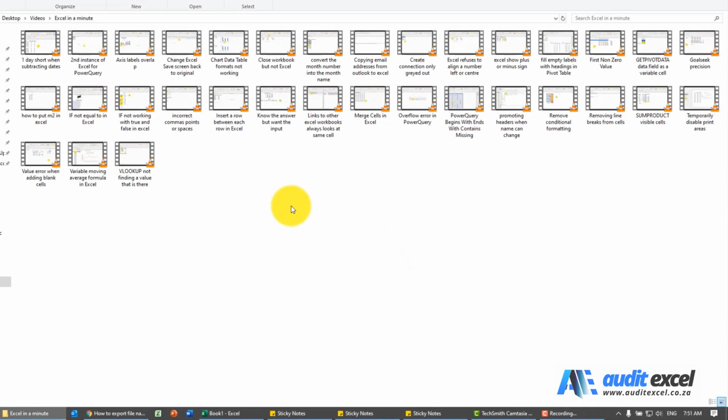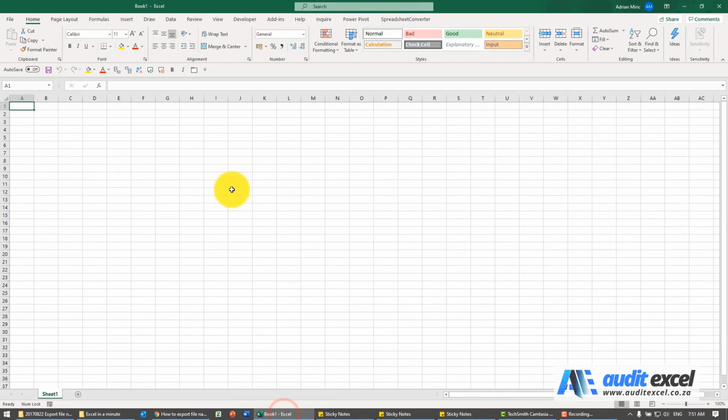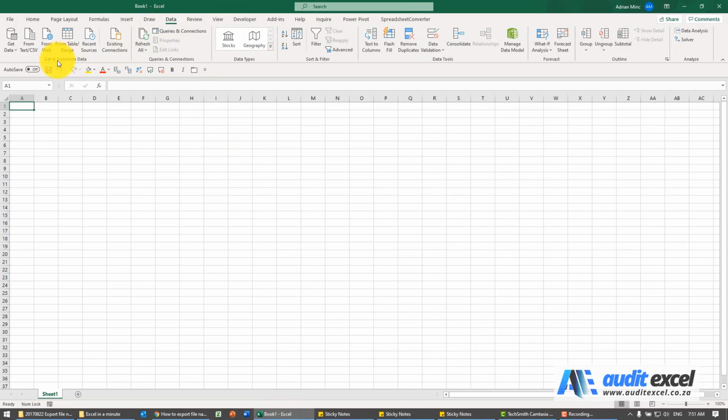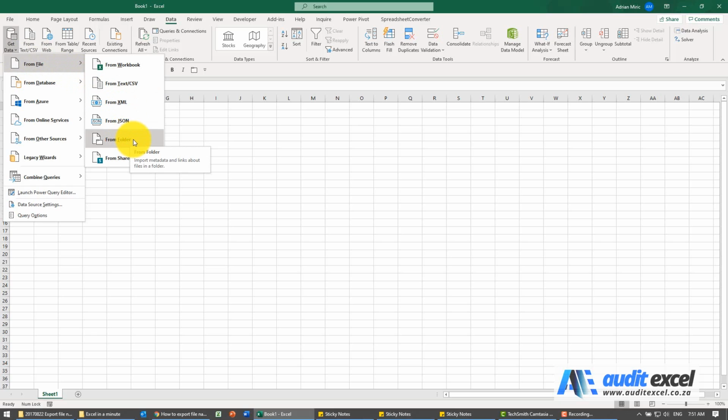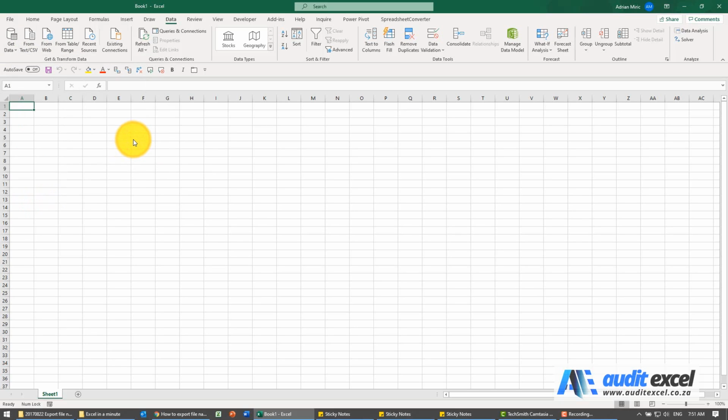Here I've got a folder and it's all the video clips I've created, but I need it nicely in a list in Excel and I don't really want to copy each name individually. So an easy way to do that in Excel, go to Excel, click on data, and there's the new get and transform, or otherwise known as Power Query tool. I'm going to click on get data from file. You'll see there's an option here saying from folder. When I click on that,